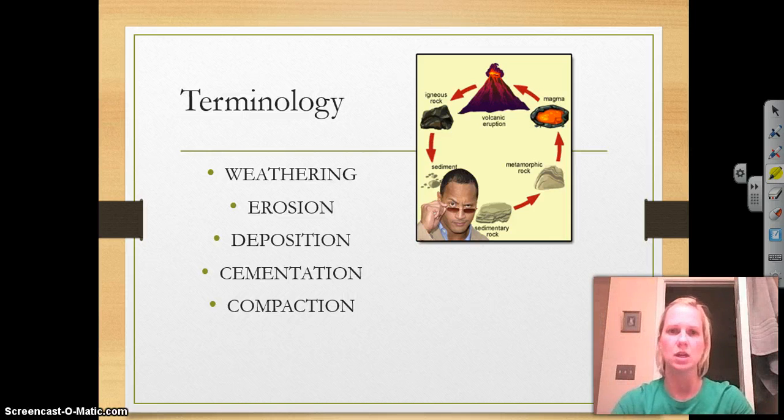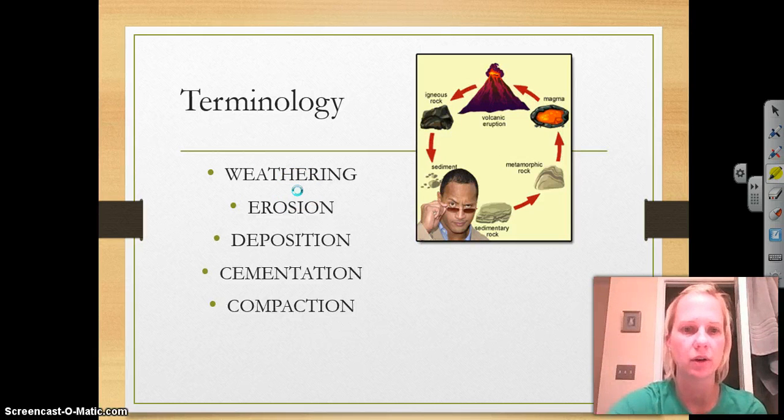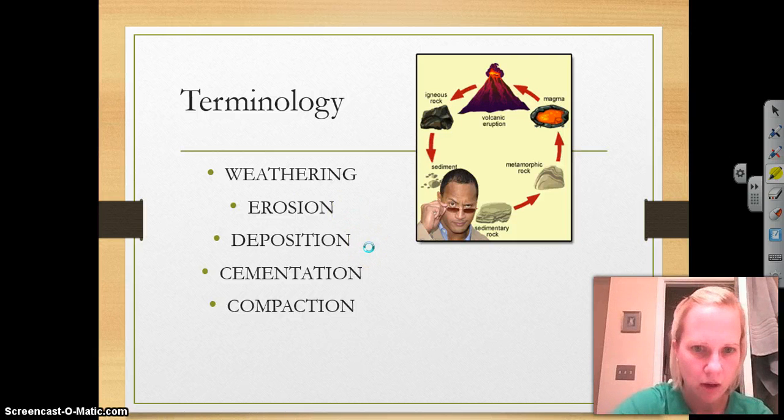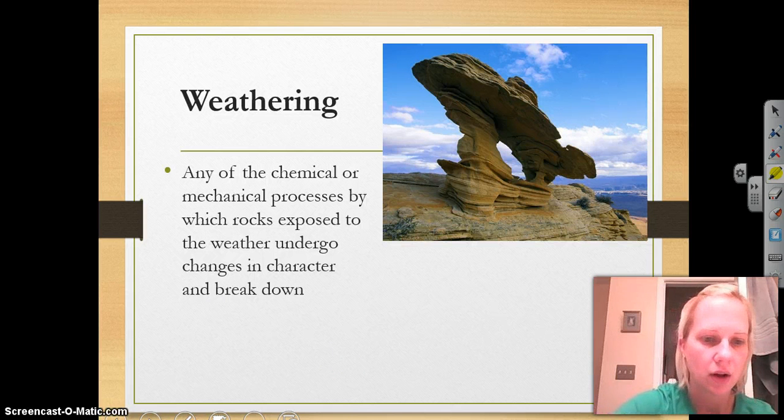5 words as you see listed here. So we've got weathering, we have erosion, we have deposition, we have cementation, and we have compaction. Weathering is any of the